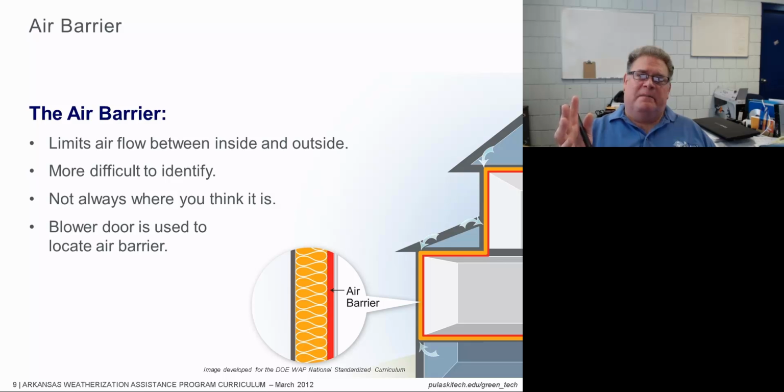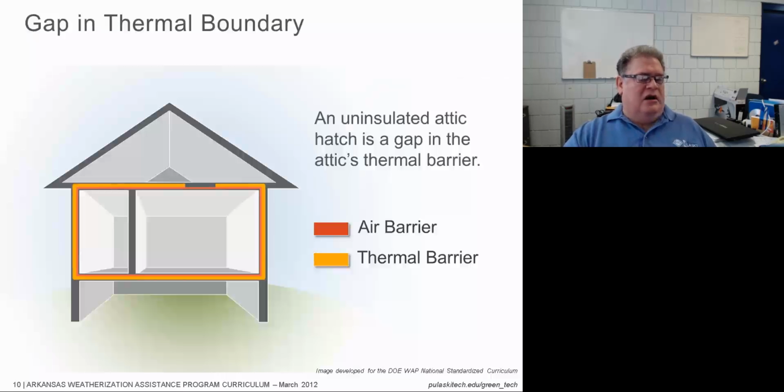It's going to be drywall or the gypsum board, sheetrock, if you will. That's what makes up the air barrier in most homes. If you have plaster and lath, then of course the plaster is going to be the air barrier. Okay, all right, so when we have gaps in our thermal boundary, this is just a quick review of